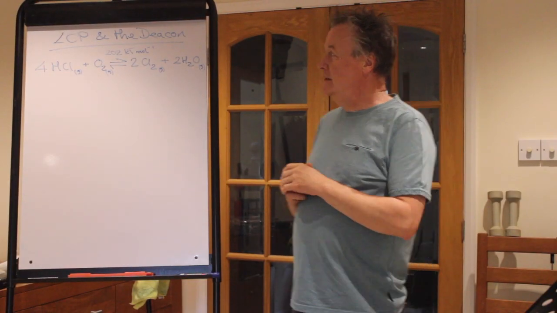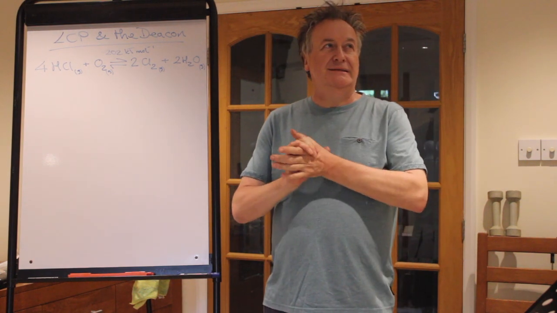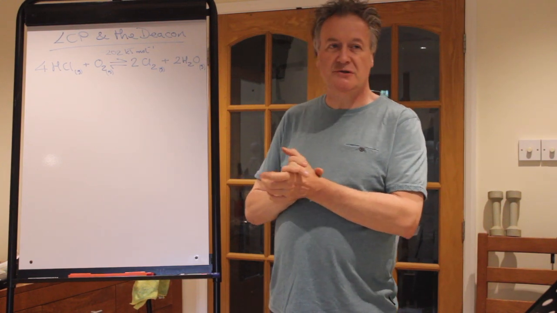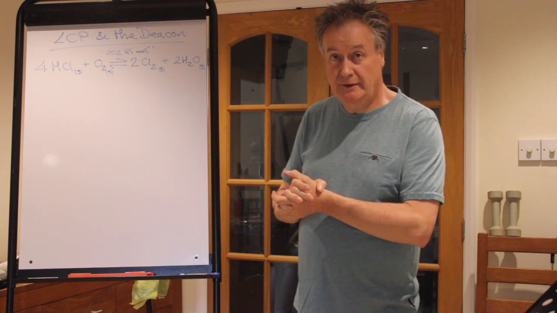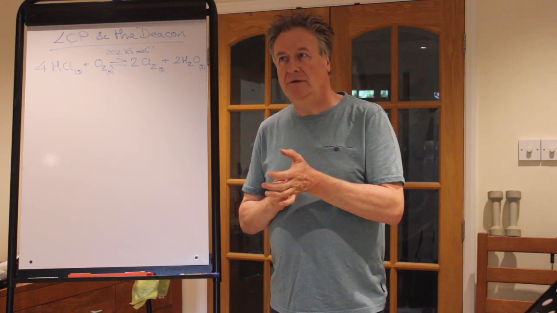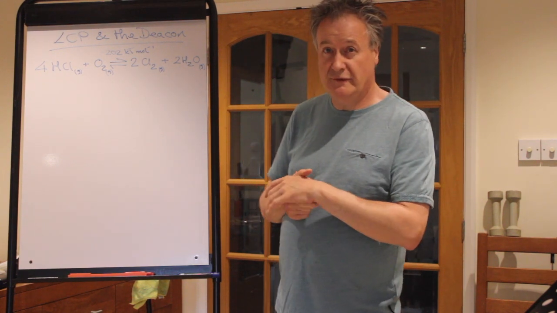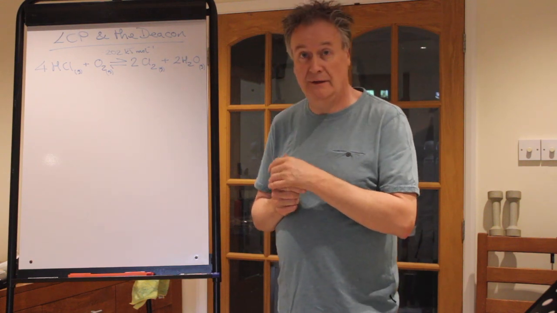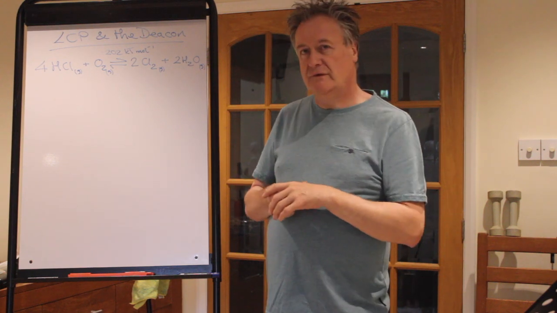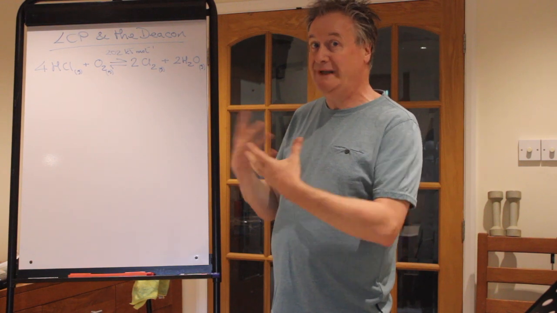So, the Deacon process. The Deacon process, sort of 1874, is a response to an Act of Parliament in the UK where for pretty much about 100 years the Leblanc process had been used to make alkali, being quite important as a chemical. But one of the consequences of the Leblanc process was lots and lots of HCl as a waste material,